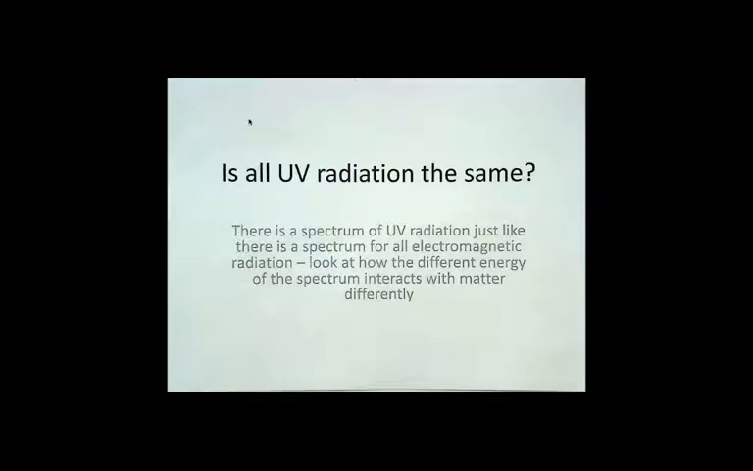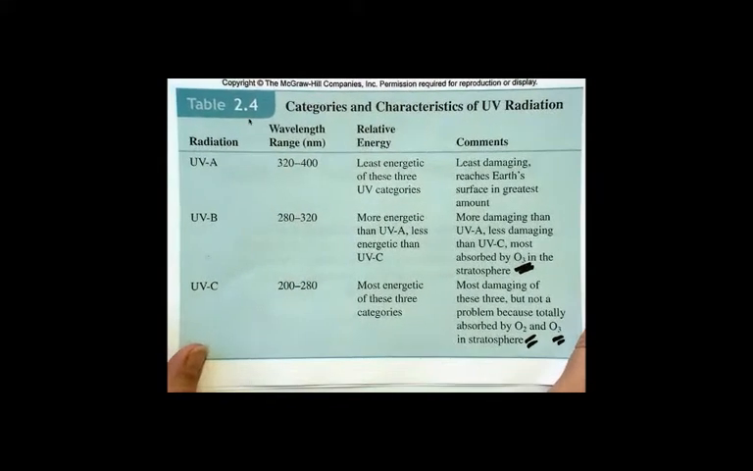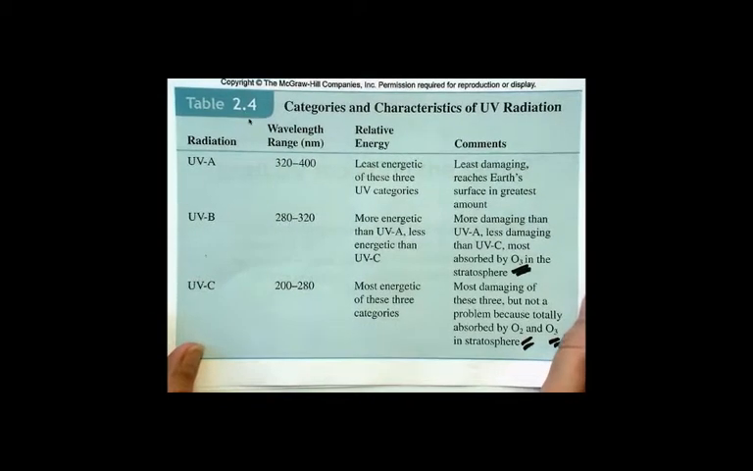As it turns out, UV radiation is just like any other spectrum of electromagnetic radiation, it's a range. And so we're going to look at how the different energy of the spectrum interacts with matter differently. All right, so looking at the range, when we talk about visible light, the range is 400 to 700, and we describe the different regions using colors, red and green and yellow and blue and whatnot. Well, for UV radiation, we don't use colors to describe the different ranges, but rather we use